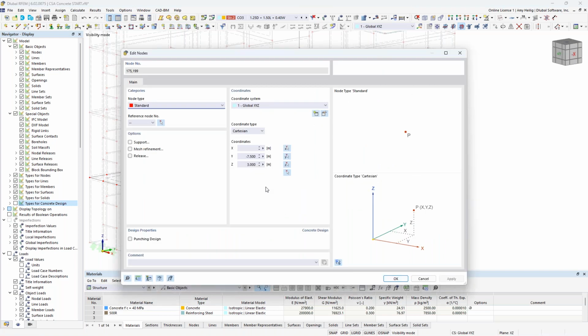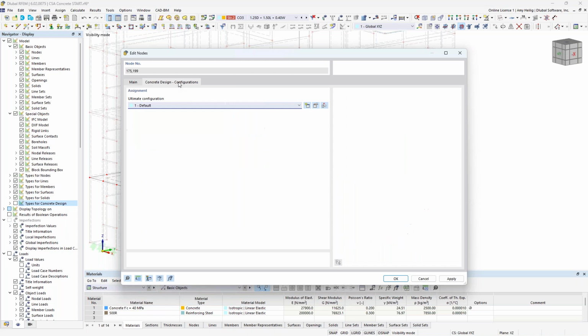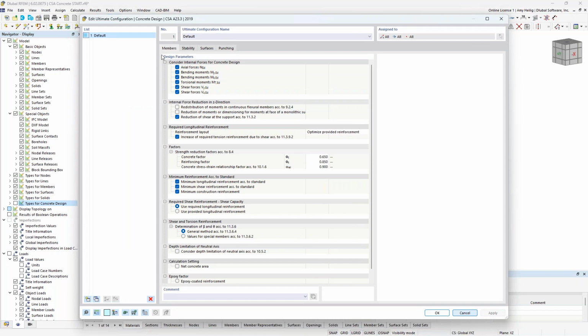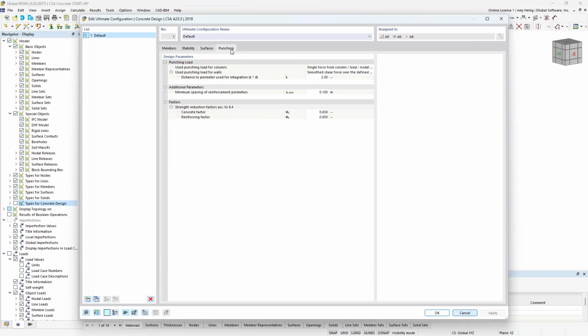So holding down my control key, I'm going to select both of these nodes here and double click on them. We have an additional checkbox down at the bottom to turn on the punching design, again, specific to that concrete design add-on. And we now get an additional tab here for the ultimate configurations only for punching shear. So we've already visited members and surfaces, but now we have this fourth tab specific to the punching shear design